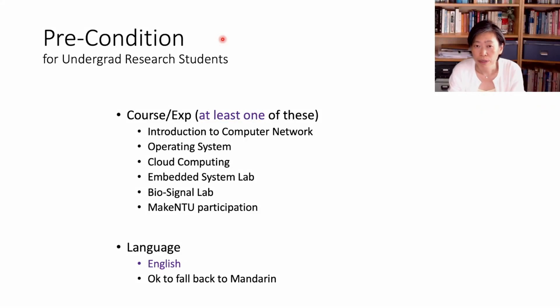There are two preconditions for doing undergrad special topic in nslab. One is the course requirement, and the other is the language we use to communicate. So let me do the simpler one first. All communication in English. If it gets really hard, it's okay to fall back to Mandarin, but let's try to reduce the chance that we need to exchange in Mandarin over time.